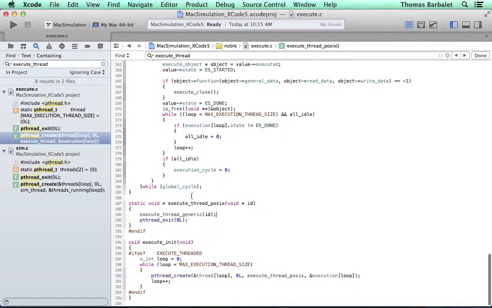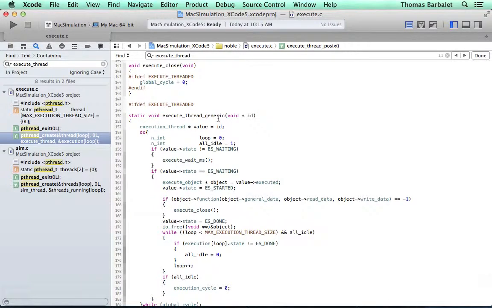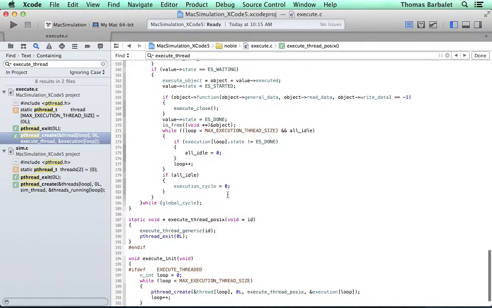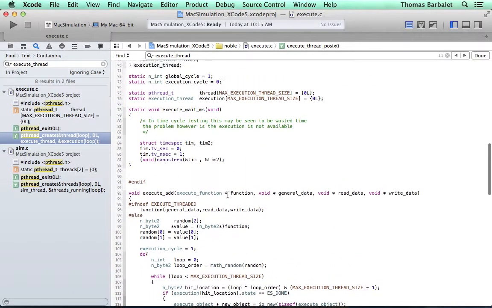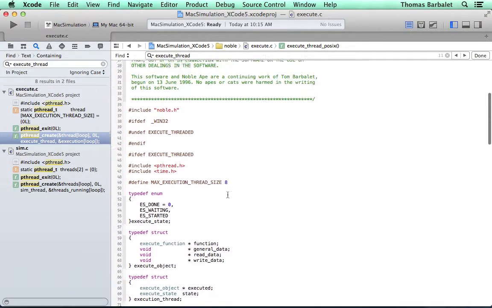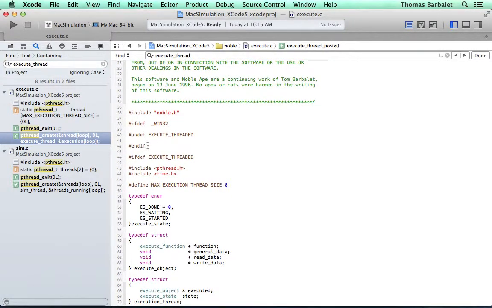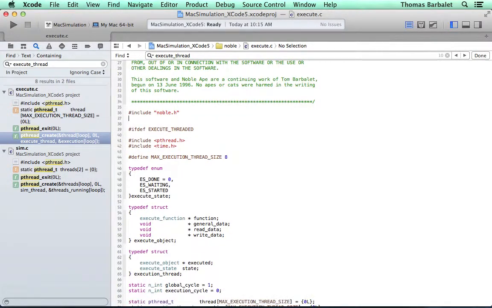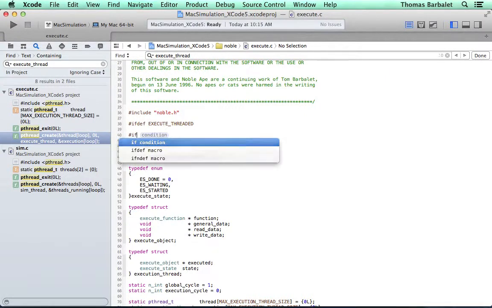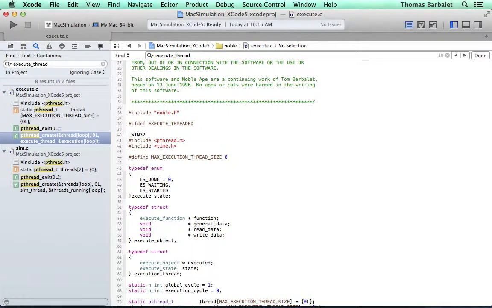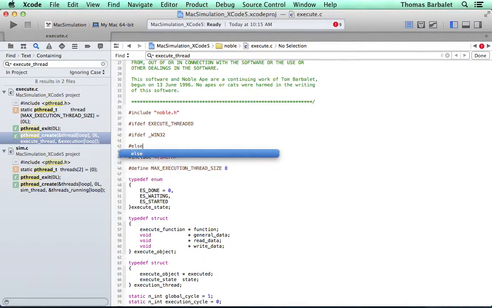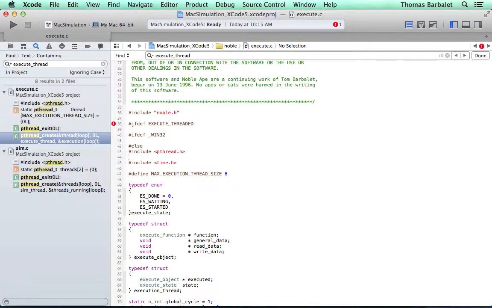And that cleans up a bit, and that means that what will happen is we will use the execute thread generic, the execute POSIX. We probably need to do a little windowing somewhere. So ideally up here, we will remove that because we're now adding Windows-specific threading, and we'll probably need to do some beautification associated with this. Execute thread. What is it? That's the if def Windows, then do this, else,